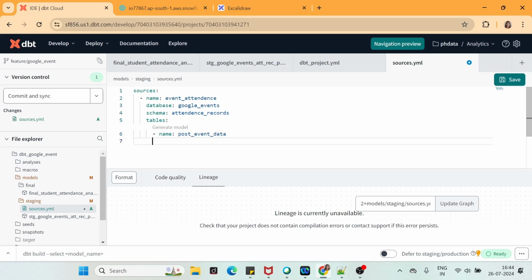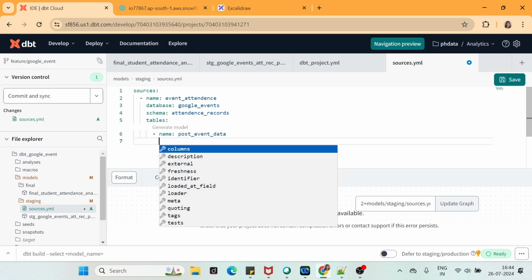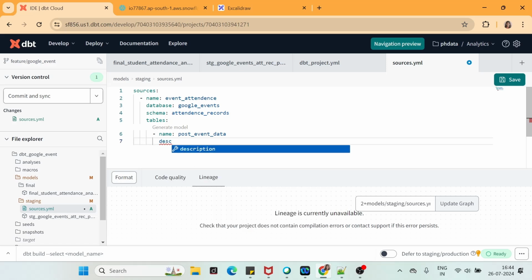Now I can also write the description of this table. So let me write it, and we can say, let's say, this table contains post event data.